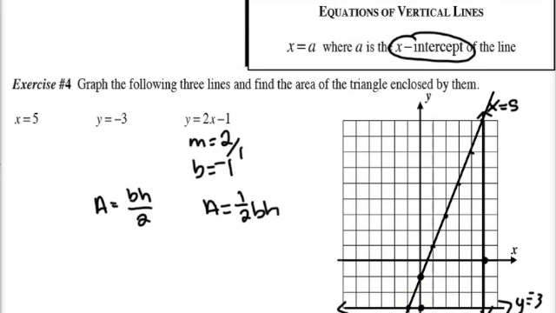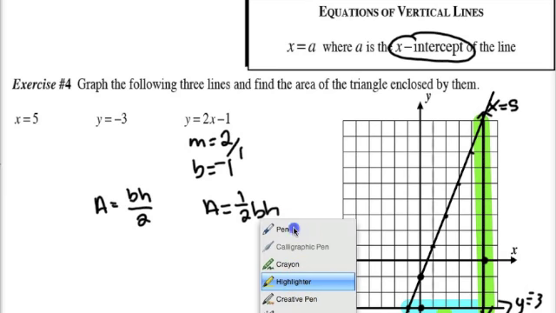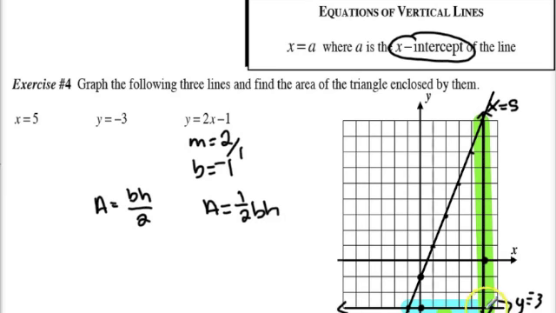Woohoo! Our base is this guy down here on the bottom. And our height, okay, so our base is going to be 1, 2, 3, 4, 5, 6. And our height, 6. And my height is going to be 1,